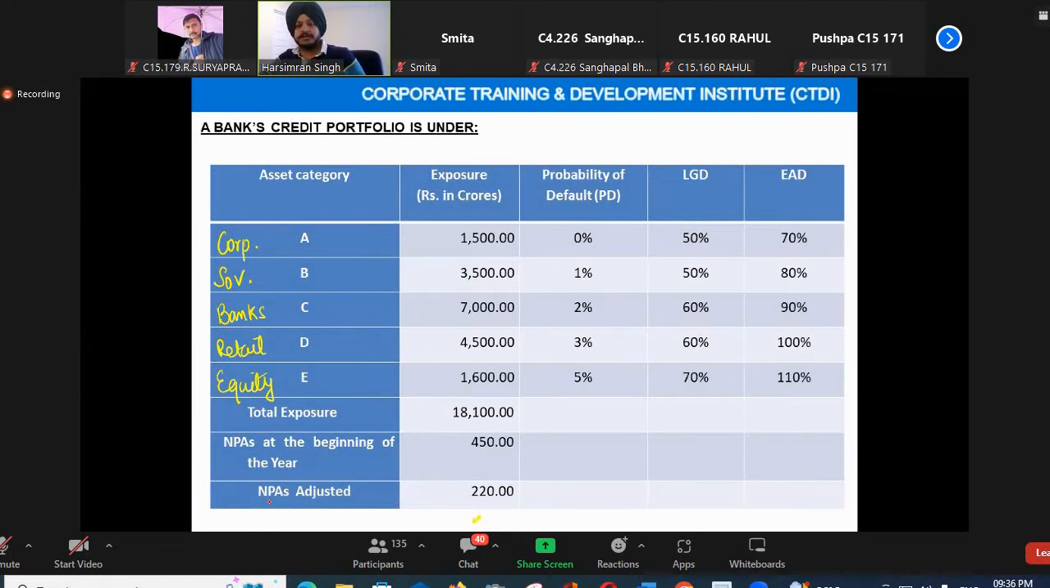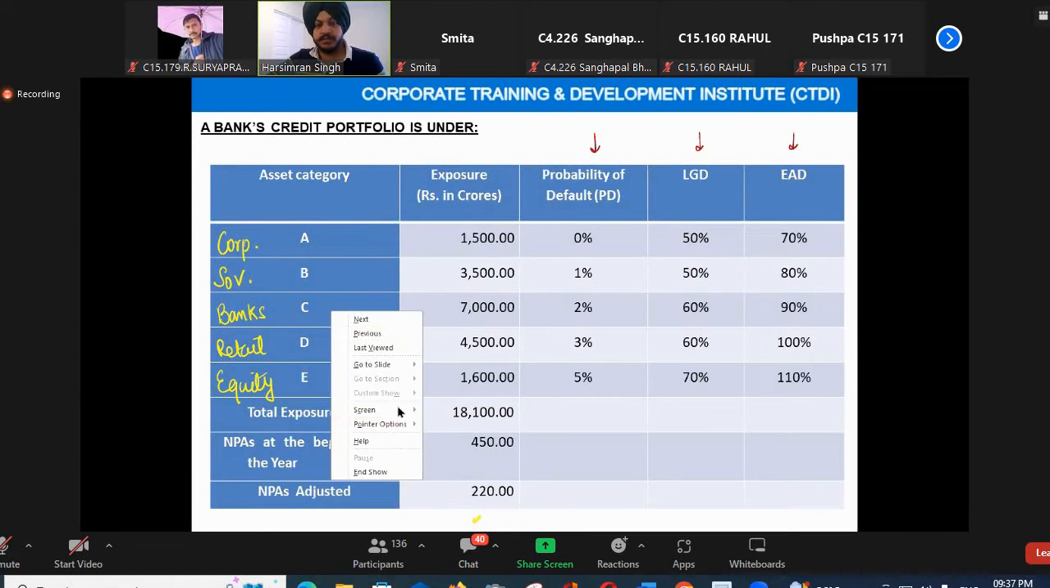Now he says the exposure in asset A, that means business A, or that means corporate is 1500, sovereigns 3500, bank 7000, retail 4500, equity 1600. Then these values are given: PD, LGD, EAD. Okay, all right. Now इसमें ना these values, अब ये देखो पहले,